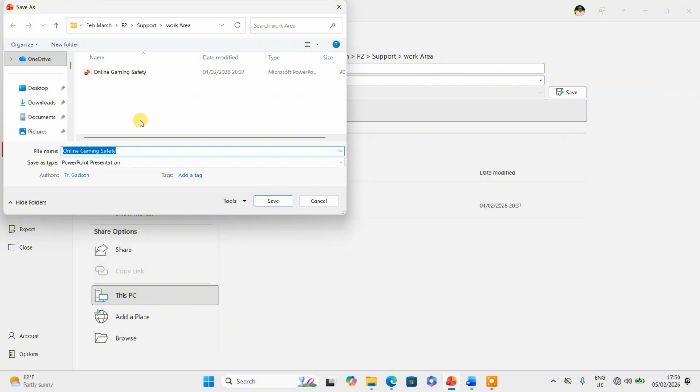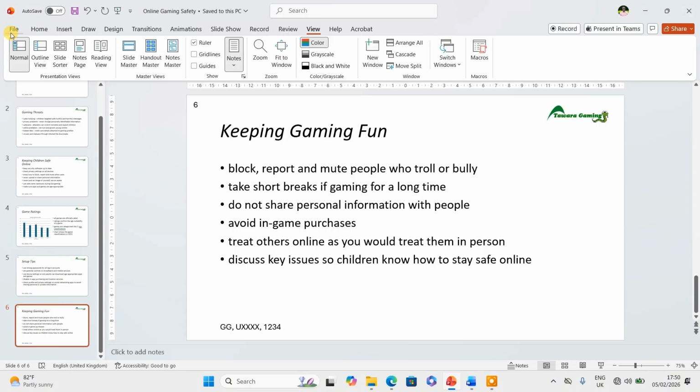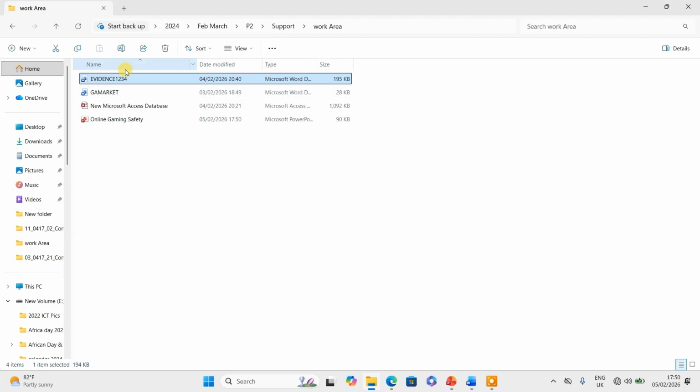It's very, very important as well. In case there's a mistake, you already have it saved, and you can open it again and correct that mistake. So always save every piece of work you're doing in your work area, just in case. As you can see, this is my work area, and I have all my files saved. My evidence is right here, my document is right here, my database is right here,